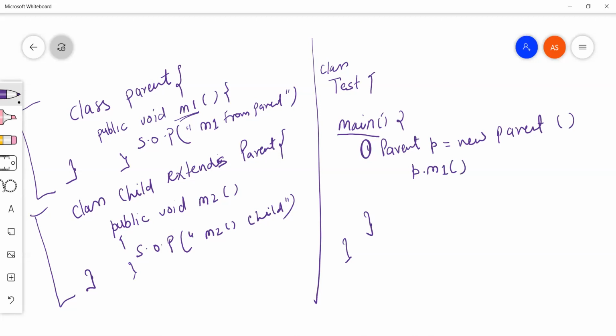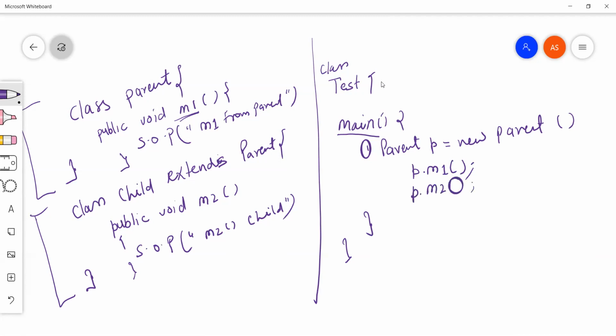I'm trying to call this m1 method. Can we do that, or is there any issue with this? Yes, no issue. Okay, now I'm writing p.m2.